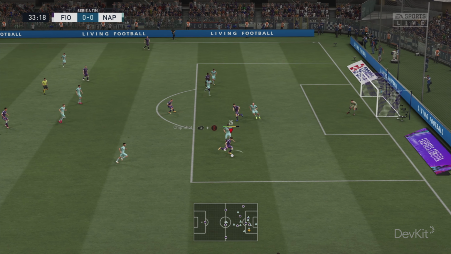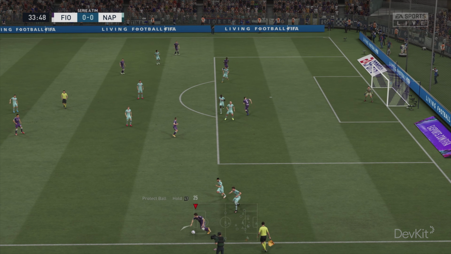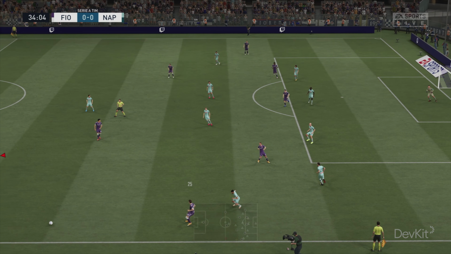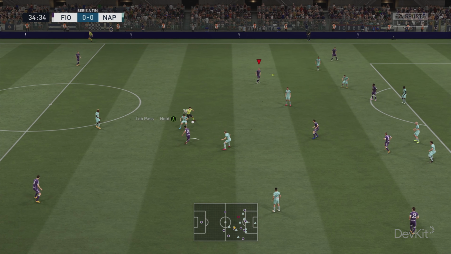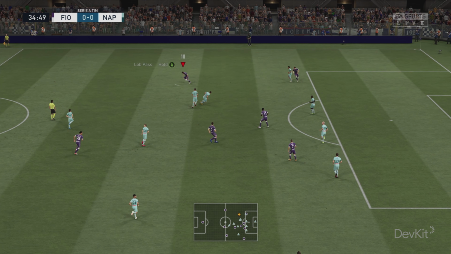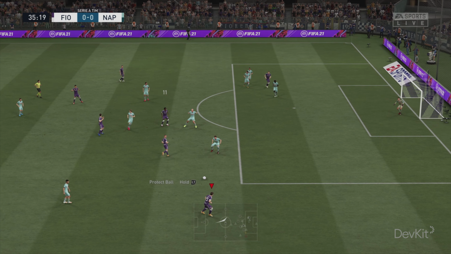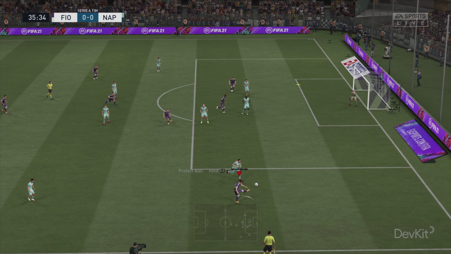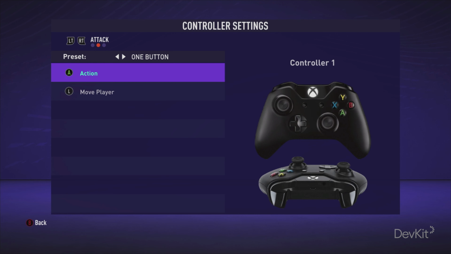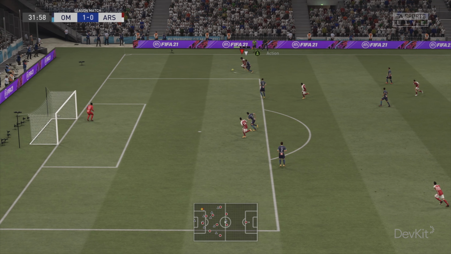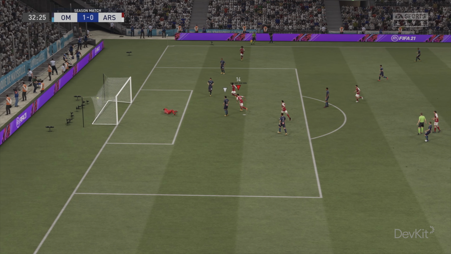For instance, in FIFA's two-button mode, when an input is pressed, the game will decide whether the player would like to play a ground pass, a through pass, or a lob pass. How it decides is based on a number of factors. The direction the analog stick is pointing at the time and how long the input is held for both have an effect, but the current position of other players will also be considered. And the one-button mode will do the same, but will also consider if the player would like to shoot as well when pressing the action button.